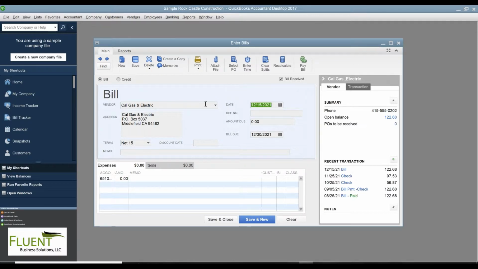Now you're wondering why this says 12/15/2021, and that is because this is a sample file, and today's date is set to 12/15/2021. So yes, this tip does work, but the date within QuickBooks has been changed since this is a sample